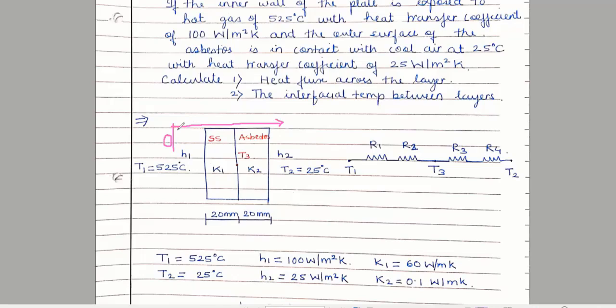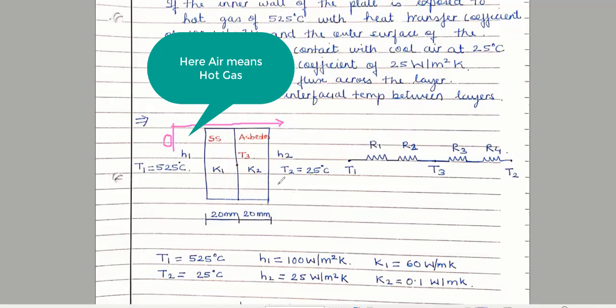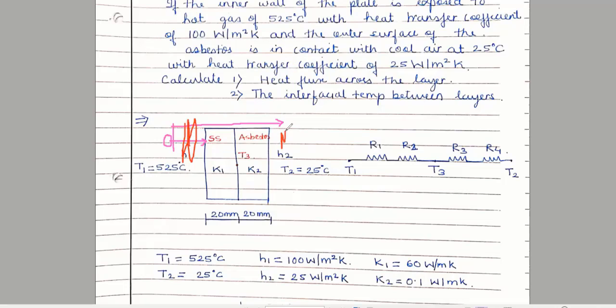Okay, this area is occupied by air, this area is occupied by air. So now first it will try to move from this point to this point, right? Here it is nothing but air. Here complete it is air. Here it is also air. So this air will offer some resistance. If this heat is trying to move from this point to this point, this resistance is nothing but this resistance, right?